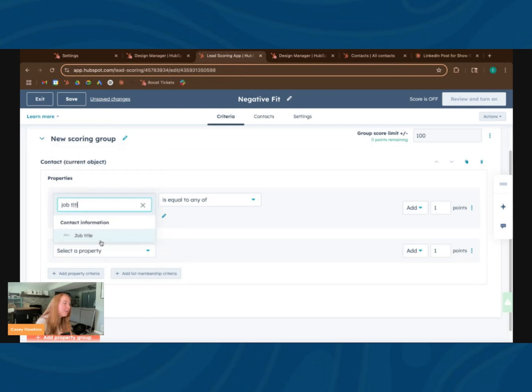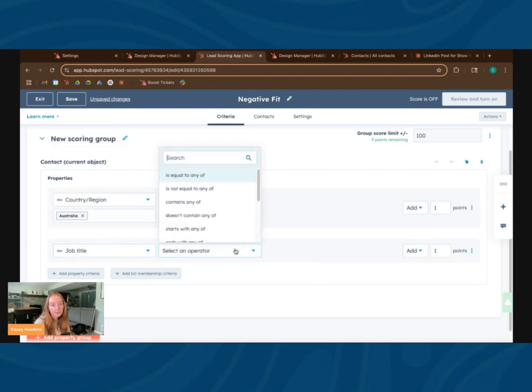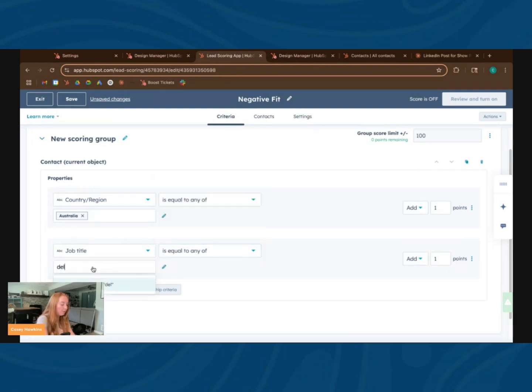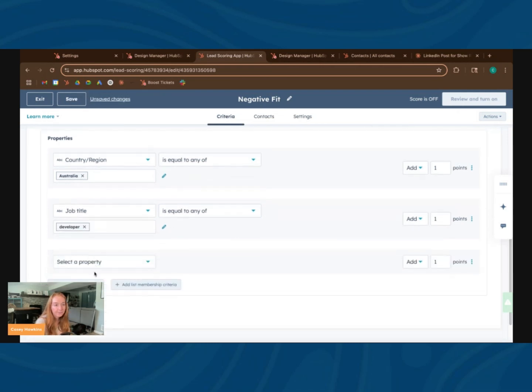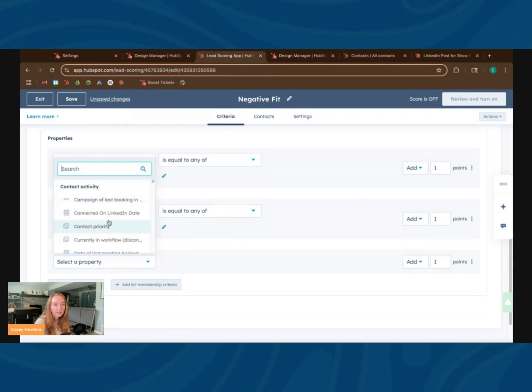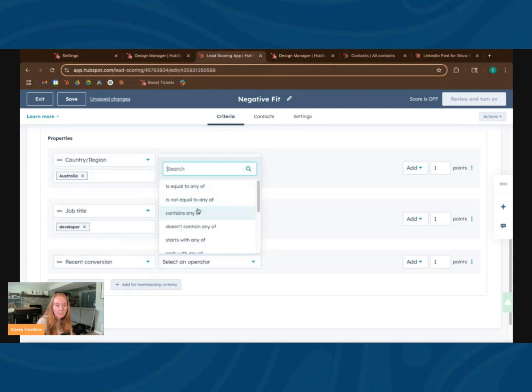And then maybe job title is equal to developer, add, and then let's just for fun, version